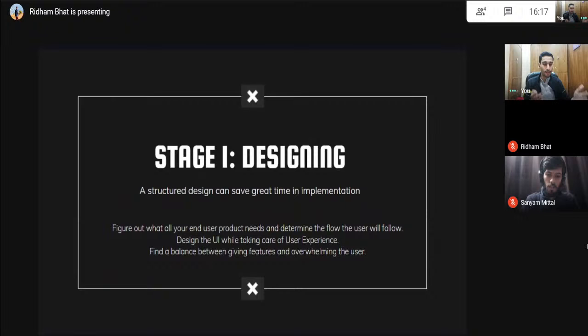And at the end of it, you have to keep the balance. You don't want to give hundreds of features to the user and have everything clustered so that the person just becomes confused, thinking, okay, what do I have to do? Rather, what you want to do is keep the UI clean, have good buttons, have spacing properly, have parts of white space. You can actually go to many YouTube channels that tell about how to design properly,